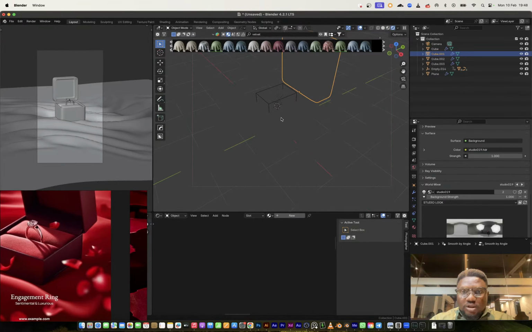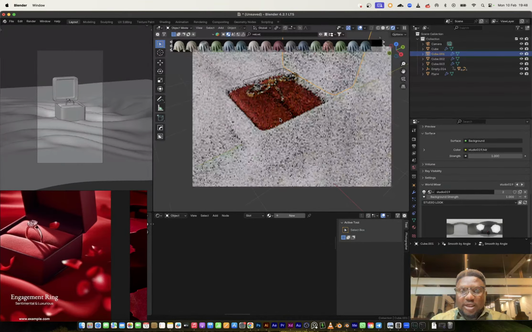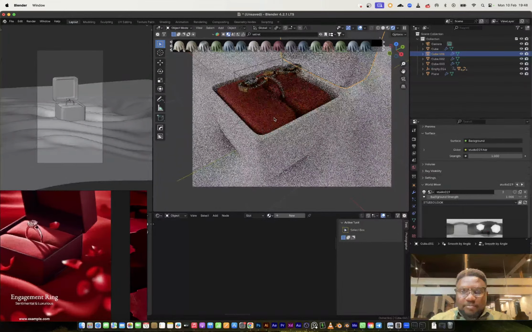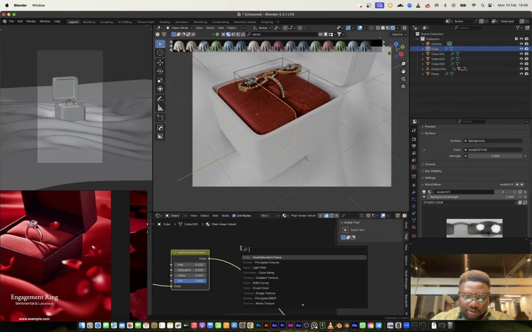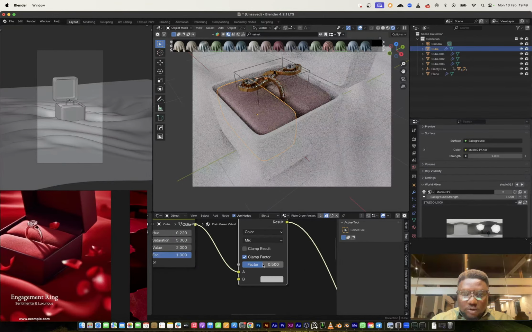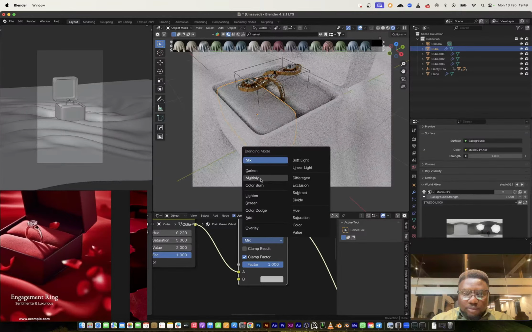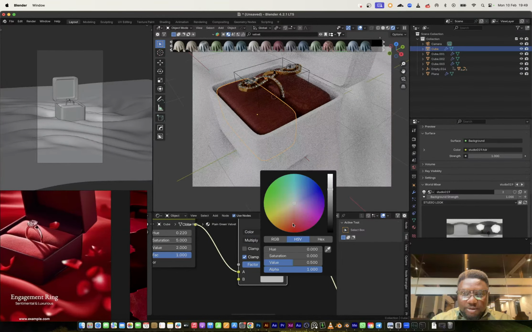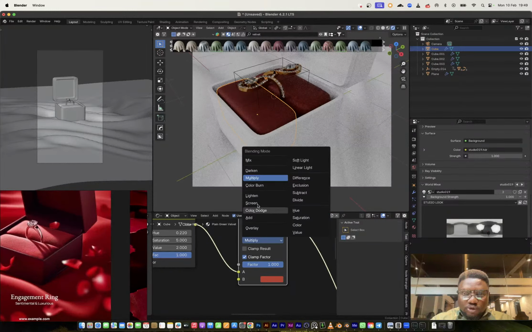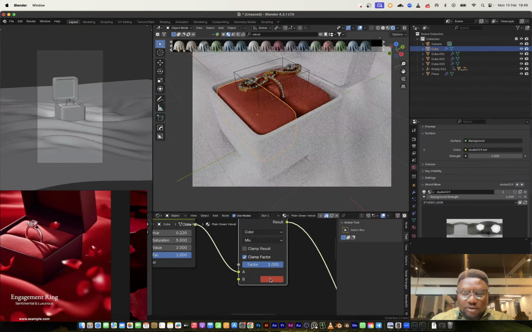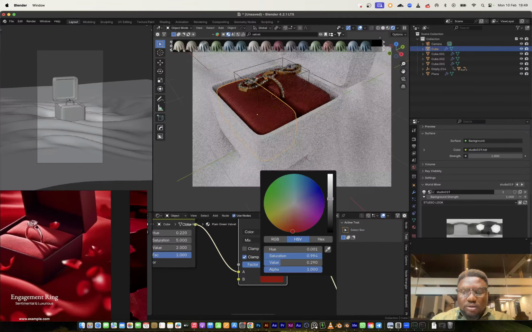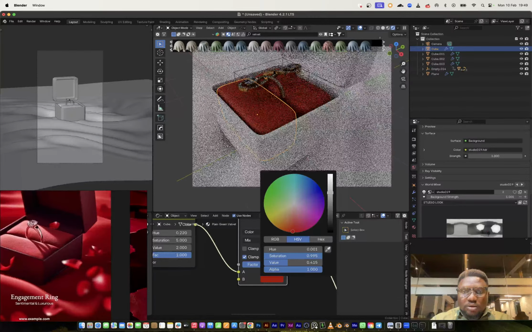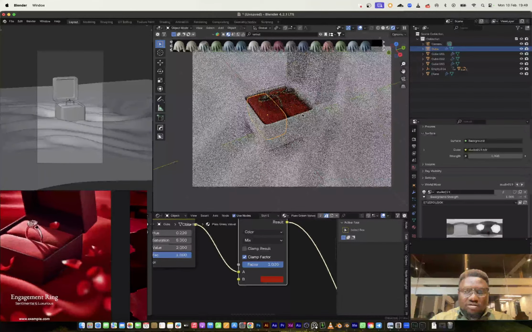Okay, I just want to go to rendered view and see what that looks like. This is cool, but there's a yellow undertone that is going on there. So I'm going to bring in a mix color node, bring this up, multiply all of that, and maybe I want to change this to red. Let me do mix instead of multiply. So let's take this down to red. I think this gives off a bit more control.